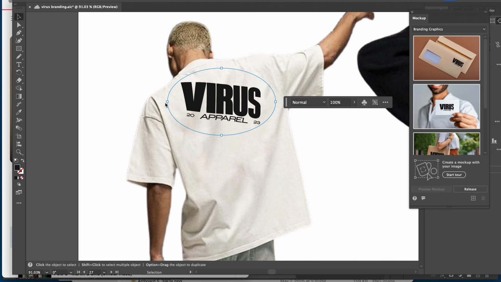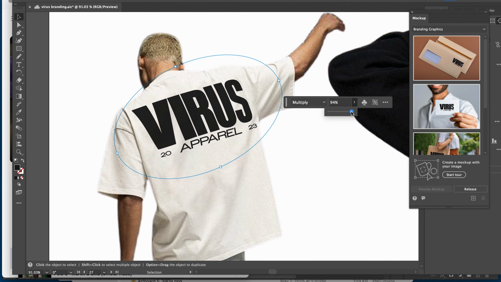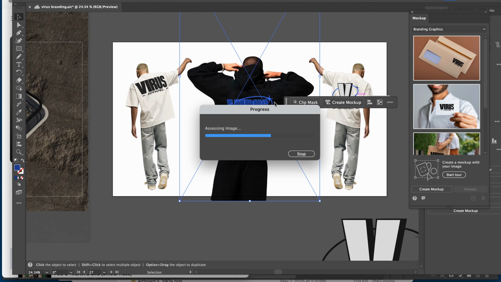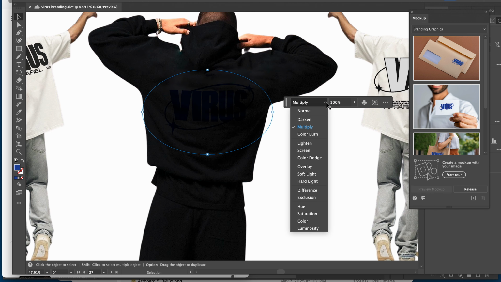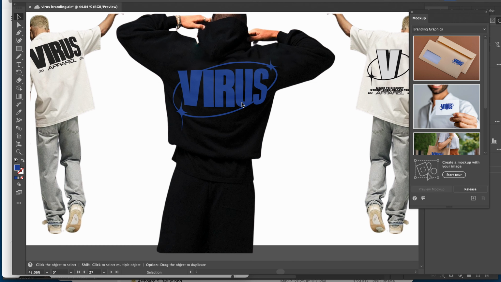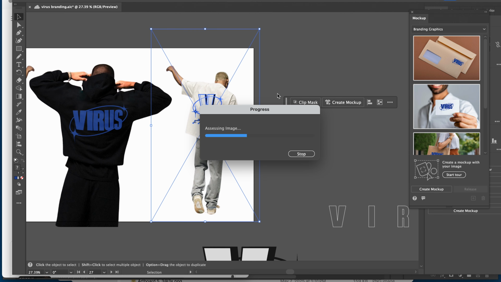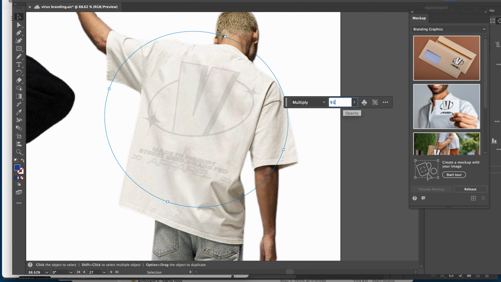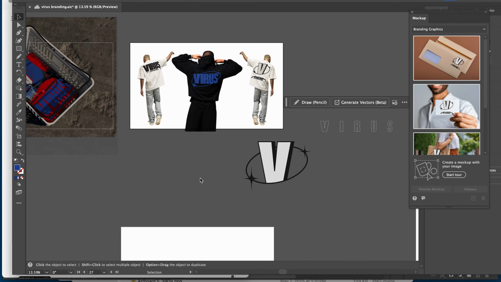On the center hoodie, I used the primary logo and applied it using Illustrator's Create a Mockup tool, adjusting the transparency just to make it look more clean and natural. For the guy on the left, I combined the logo mark with the tagline as a custom graphic for his t-shirt. And for the guy on the right, I used a variation of the primary logo to switch it up a bit.